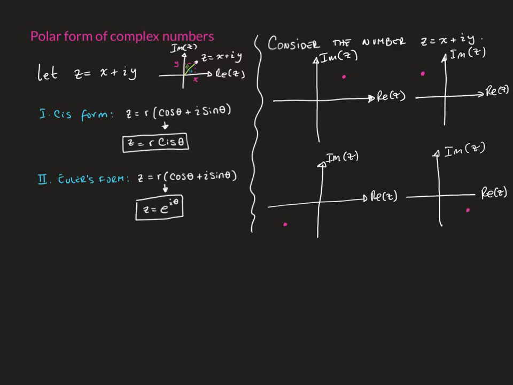Now, the key to polar form is that you should be able to identify in which quadrant each of the points are located. And you can do so by considering the signs of the imaginary and real part, or